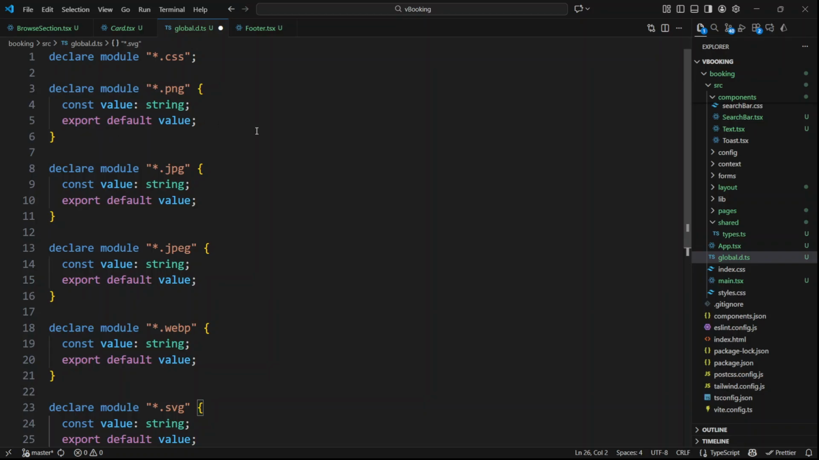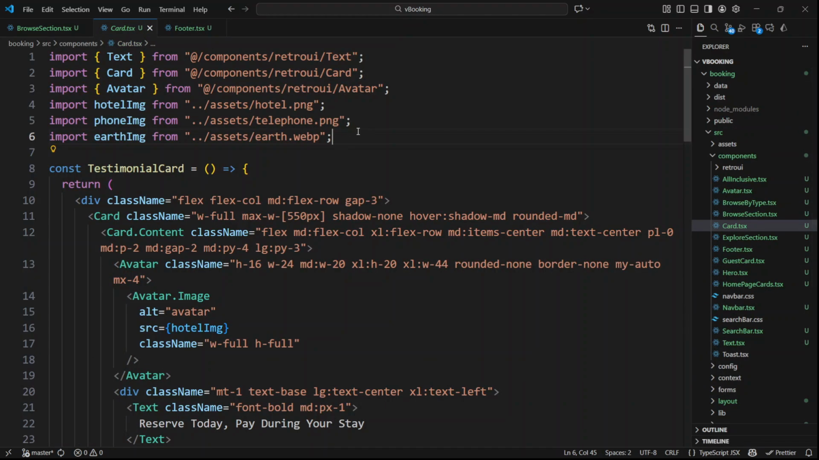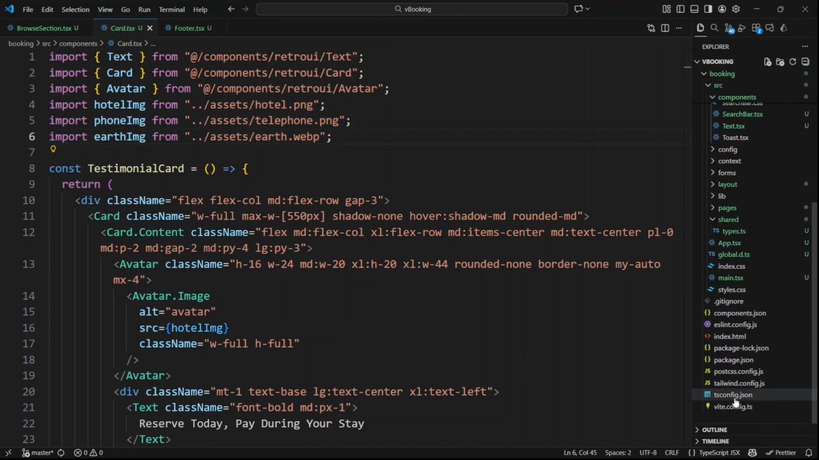And export default value allows default import syntax. Now we will be able to import any file with any of these extensions. Now as you can see, the error is gone, and inside